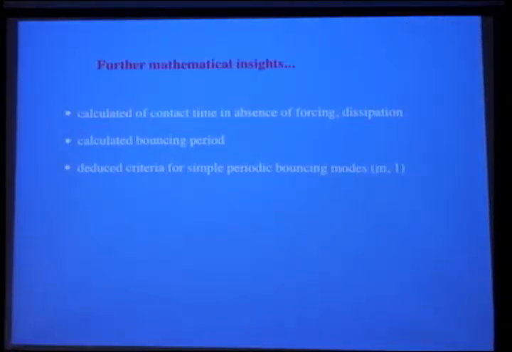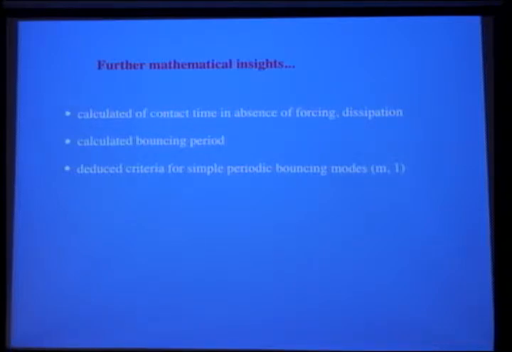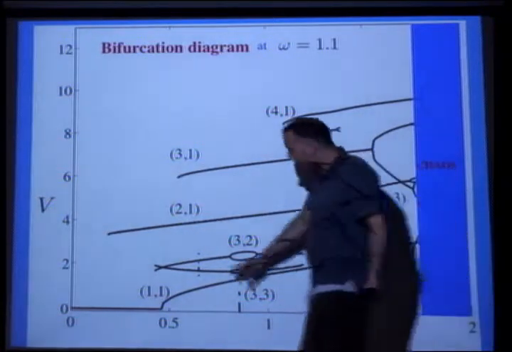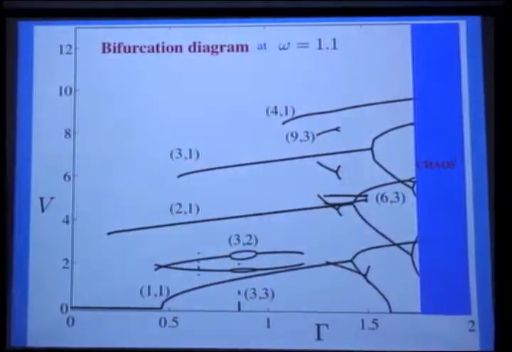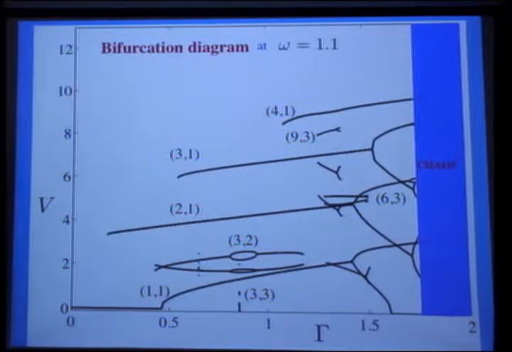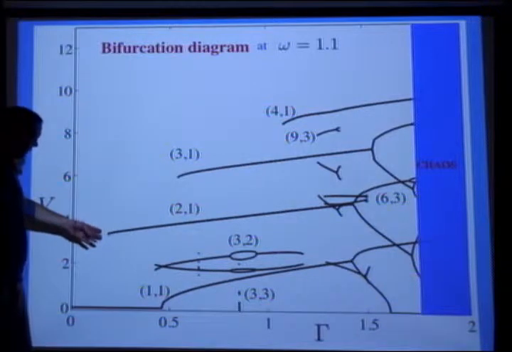Okay, and so then one can do other mathematical things, because we have such a complete description. Oh yeah, so we get a little revision. We can do a little correction for bouncing period, yada yada. But that's not so exciting. But this is kind of nice. So here's a bifurcation diagram. This is the forcing acceleration. This is the impact speed. And so you see below a certain threshold, you can't get bouncing. And then you see the system supporting bouncing solutions beyond this critical value.